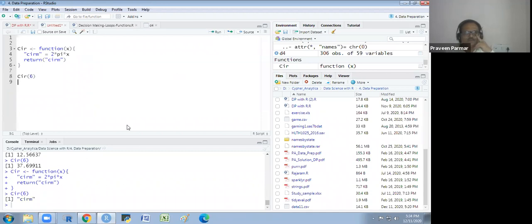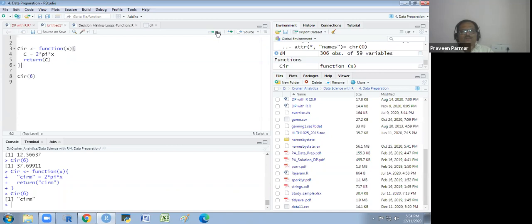And you see it is working now. 6, but it is giving me the CIRM. Why is it not working with the multiple letters? So we have to use the single one. See here and see here, then it is working. Okay.